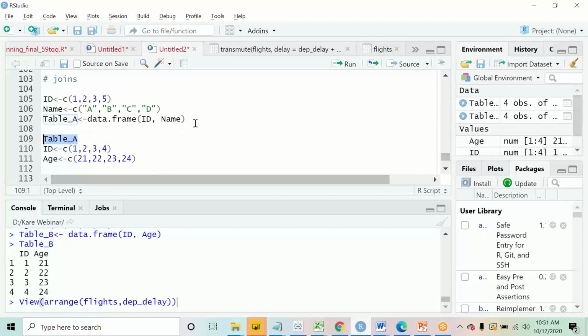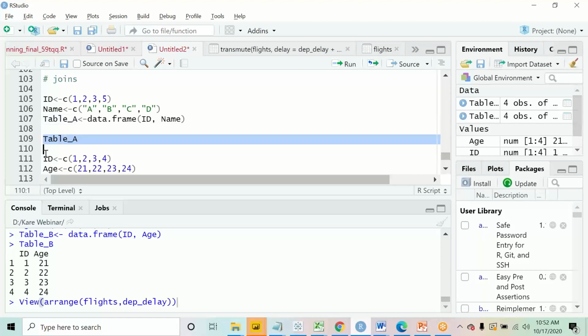What is happening is that the variable is getting created, but it will not show you the output. When you've written this command, the table is created. In order to see it, I have written it separately so that I can see its output over here. Just run this command, and you will be able to see the output in the console window.